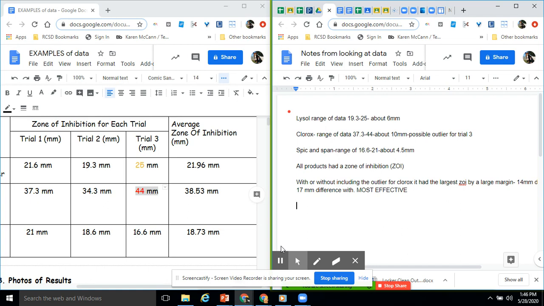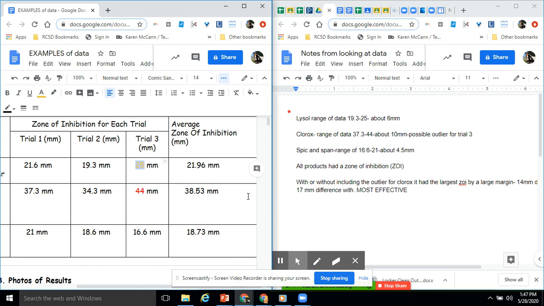All right, so now the next question is, what about your other two products, right? Was there a definitive difference between them? This is where it gets a little trickier, guys. Okay, remember this one has an outlier, right? So just like before, if I do the math quick,